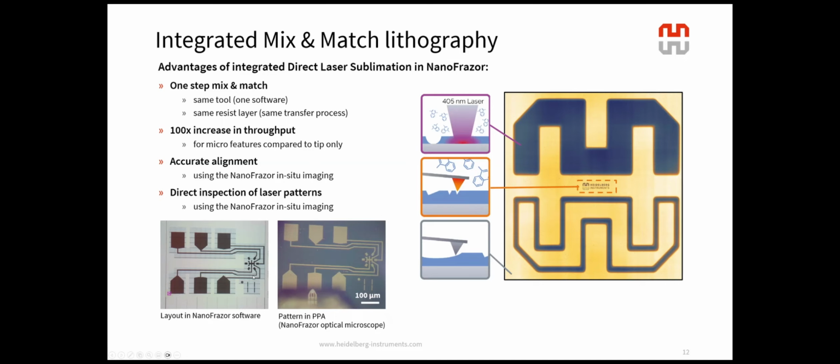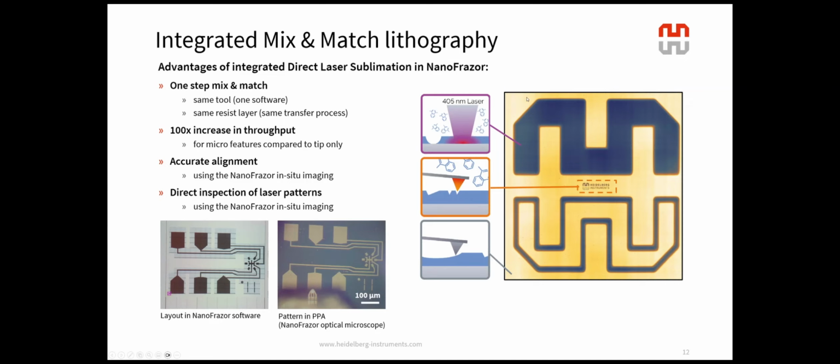And you can see here on the bottom left a typical import of a layout in the NanoFrazor software. We expect to make these large areas with the laser, and then these lines, as they get smaller and smaller, we typically do the smaller parts with the tip, so a thermal scanning probe.